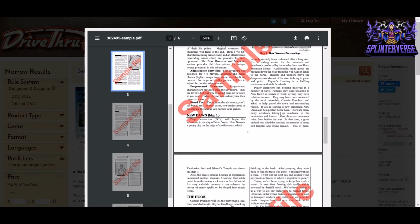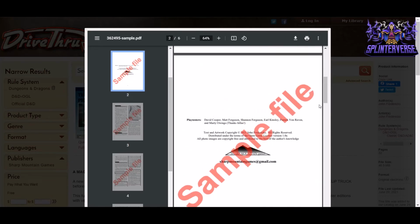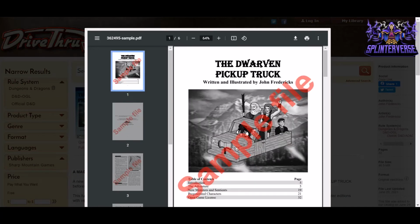So let's see. Player characters can become involved in a number of ways. Perhaps they were traveling to New Dawn in search of work, or they have relatives in town. They may have been contacted by the local constable and asked to help patrol the town and surrounding region. If you're starting a new campaign, it can be a great home base. There are many nasty creatures taking up residence in the mountains and forests. Also, there are numerous ruins from before the war. In that time, a great undead evil lord ruled the land, and the remains of many evil temples and towns are there. So you're getting to see 6 of the 32 pages,